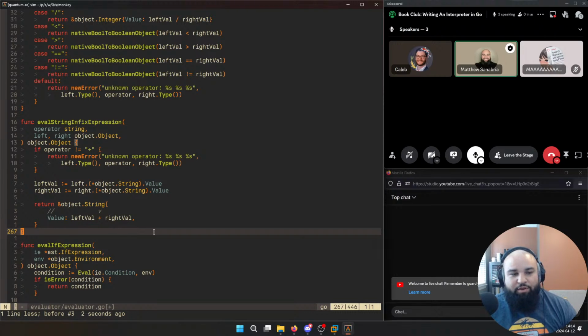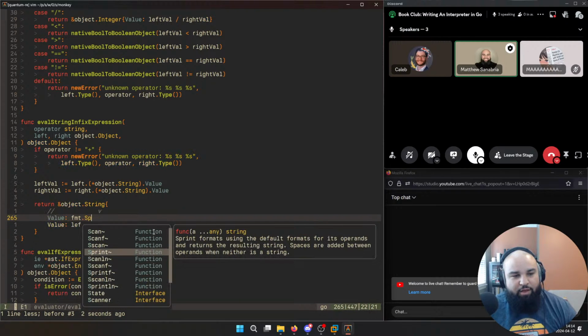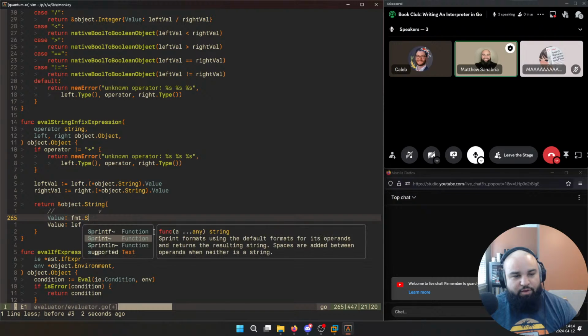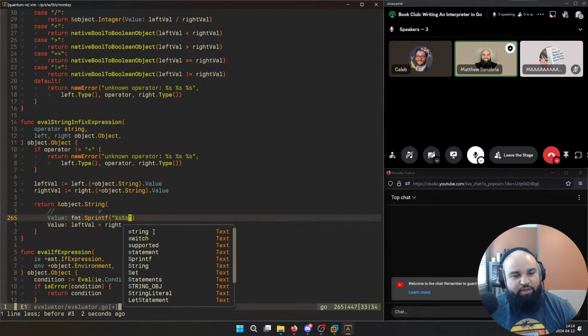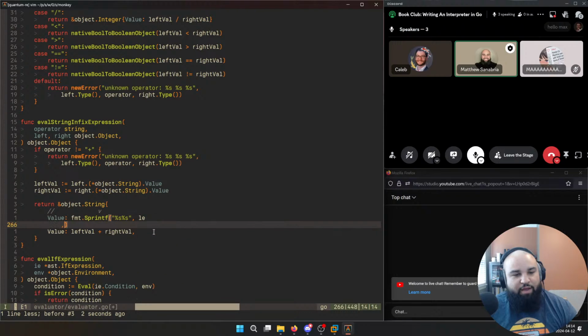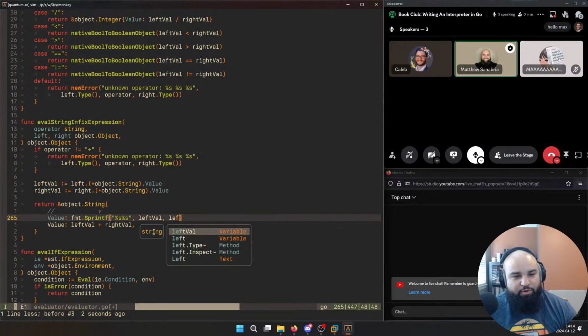That's literally it. I wish he wouldn't have reused this plus here though. I kind of wish I would have seen something like this: fmt.Sprintf with %s, leftVal, rightVal. Oh, my key bindings are not updated on this computer, on the system.